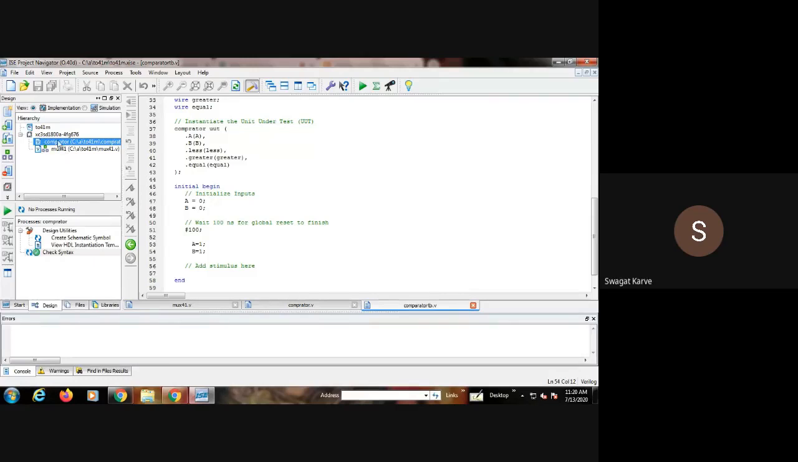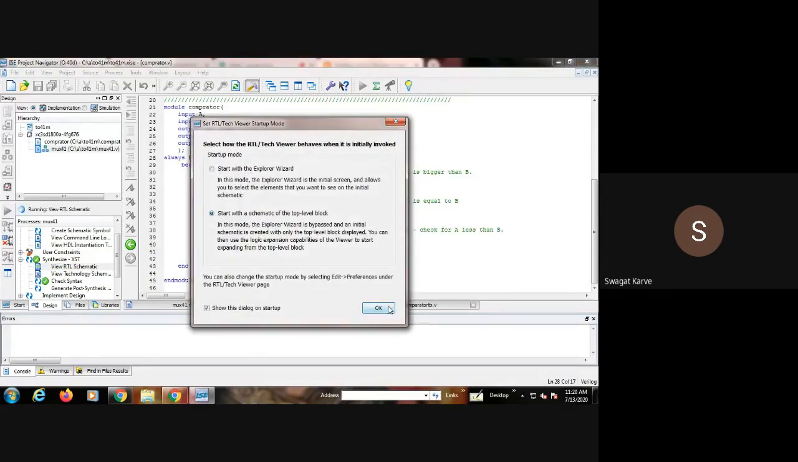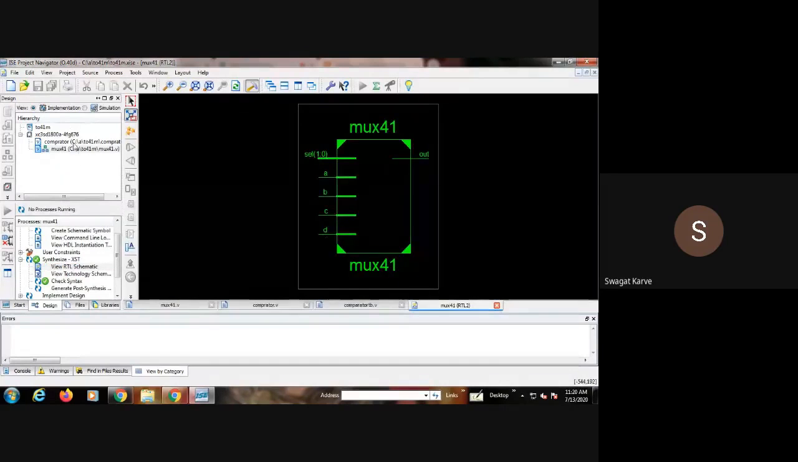And again here also you can check its schematic and all that. You can also go for this, no problem. Syntax we have checked. Then we'll go for the RTL schematic. This is the RTL schematic for multiplexer. Then